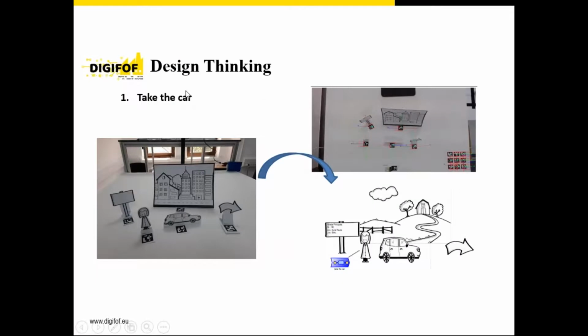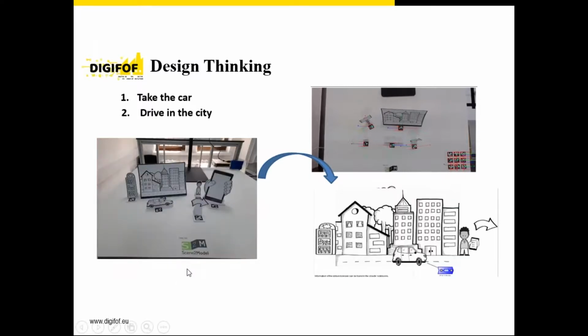So like I said, the first level from the approach used is design thinking. In this step, I created 3 scenes, which are the same for both scenarios. In the first scene, we have a girl who is from a city and wants to go to another one for shopping, for example. So she will take her car and will leave her house. In the second scene, the girl arrives in that city and needs to be careful of the pedestrians and traffic signs. And in the end, she arrives in front of the parking.